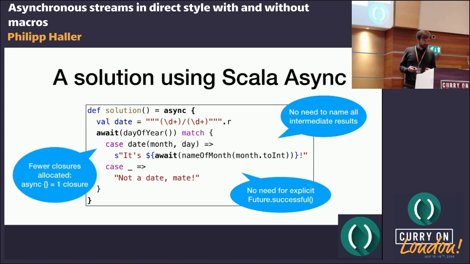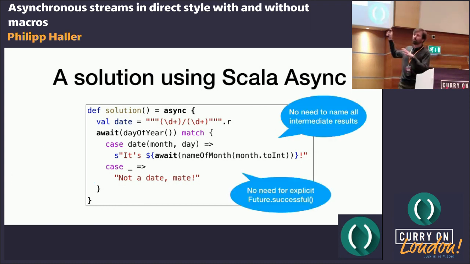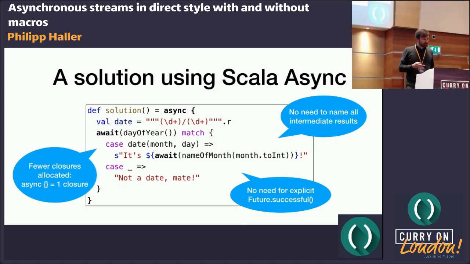Why is that? Well, we don't want to think about what the desugaring looks like. We want to write on a higher level and not need to know what the compiler spits out as the code.